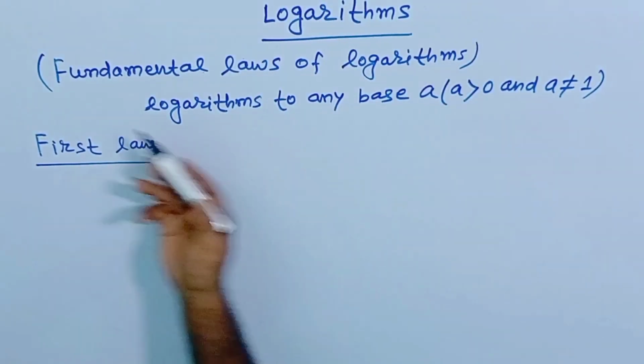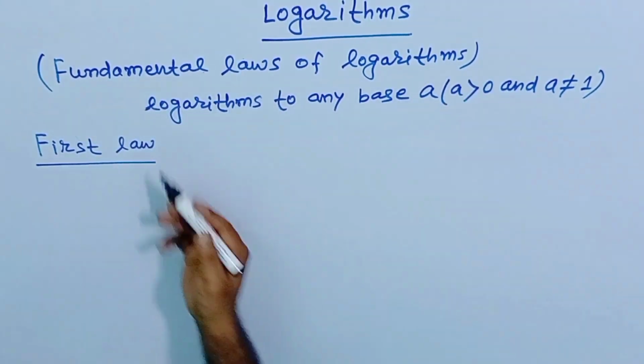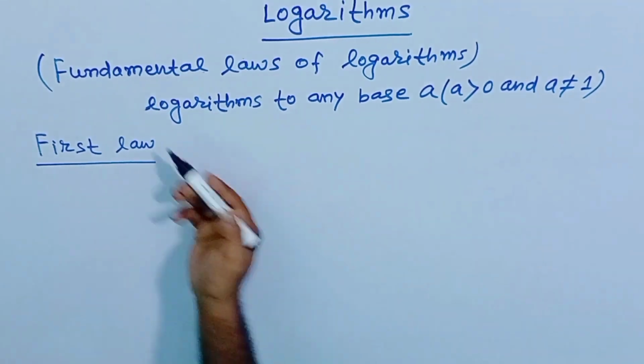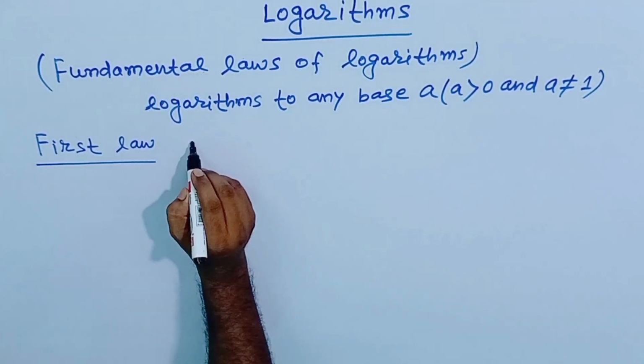Hello everyone, आज हम लॉगरिथम्स देखेंगे और आज हम देखेंगे फंडामेंटल लॉज ऑफ लॉगरिथम्स। लॉगरिथम्स टू एनी बेस a where a is greater than 0 and a is not equal to 1। सो यहाँ हम देखेंगे फर्स्ट लॉ।